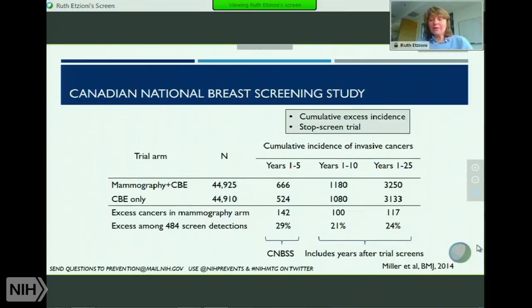Okay, so let's go to another study. This is the Canadian National Breast Screening Study. This was a stop screen trial, comparing mammography plus clinical breast exam with clinical breast exam. The screening happened in the first 5 years, and in the last couple of years, a 25-year follow-up was published. And so we have now many years following the first 5 years, and it was a cumulative excess incidence